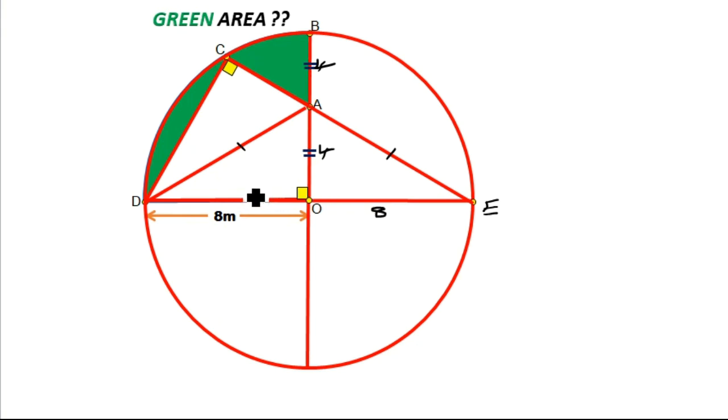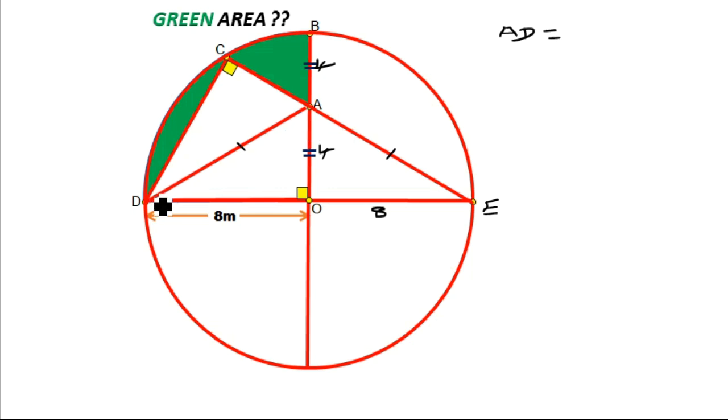Now, how do we find the green area? To start, we will have to get the length DA or the length AE, because they are of equal lengths, by just using Pythagoras theorem. So how do you get the length DA or the length AD? The length AD